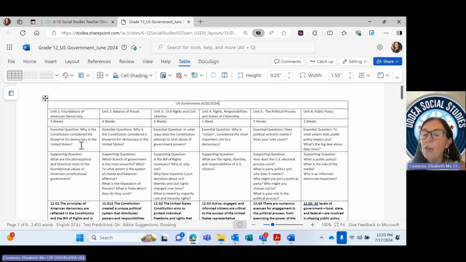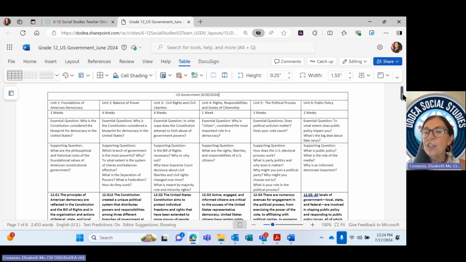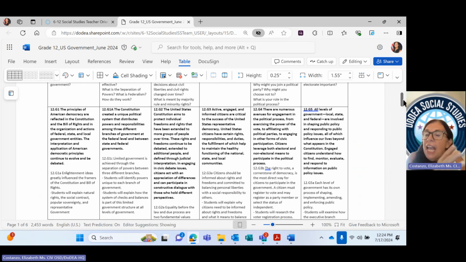First of all, we follow the understanding by design model. So you're going to start off with your essential question. Each unit has an essential question, and there are supporting questions underneath each essential question to help you get your students to learn more about the content. So we start off with our essential questions, you have your supporting questions, and then we've taken the standards from your standards document and chunked them up in manageable pieces to be able to teach those standards in a comprehensive